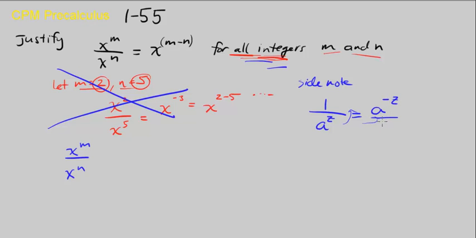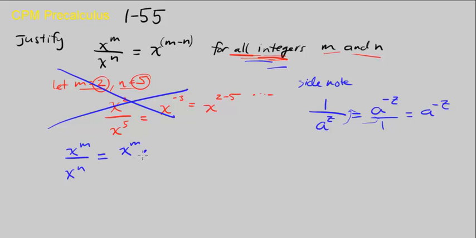You could even put it over 1 if it helps you, but that's just equal to a to the negative z, because the over 1 is implicit there, right? So going back to our justification,